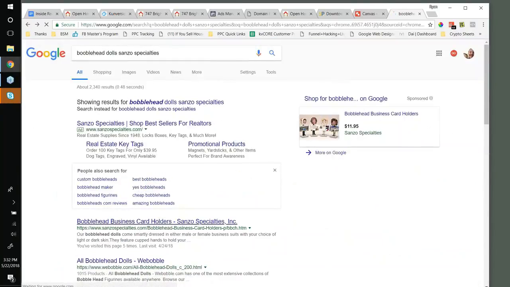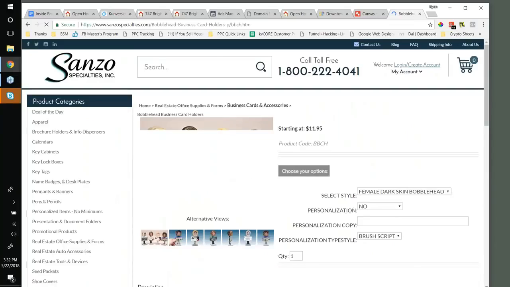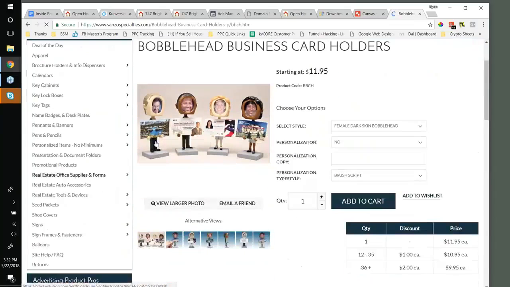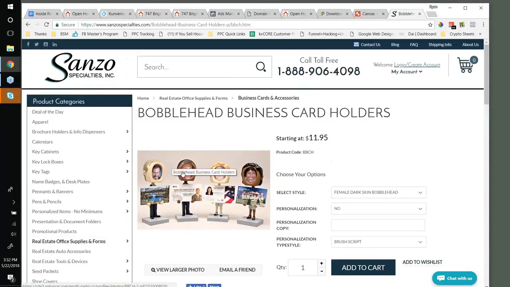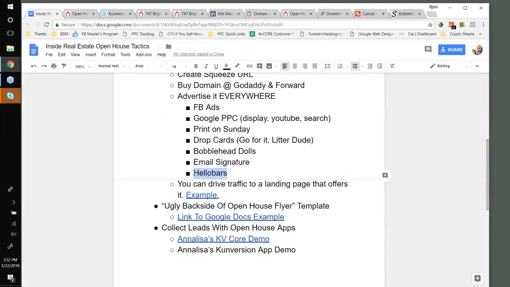Where are these guys at? Here they are. So you could put that URL for the open houses on the business card, or on the back of your business card, or just make a special business card and then have your face on it for the open houses, and just be that person who's giving away the open house list. In your email signature, and you can also drive traffic to everybody visiting your site via something like hellobar.com,